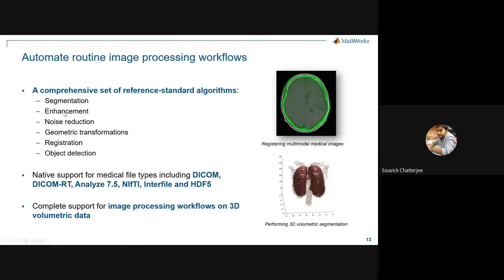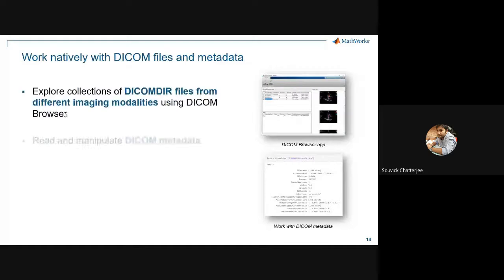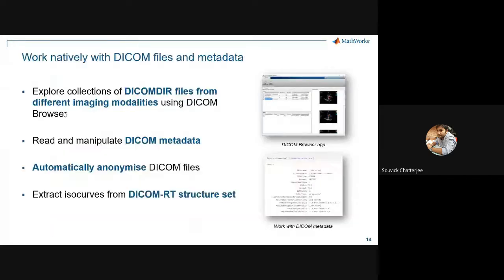of segmentation, enhancement, noise reduction, and registration, will come to that as well. And these are things which you can do on all different types of images. And we'll talk about volumetric data in a bit. Okay, DICOM I'll skip for today, but we will talk about DICOM later, and thanks for that link as well. There are a lot of things you can do on DICOM metadata, and you can do that in an automatic way as well. How to read an image in MATLAB Online, it's exactly the same thing, whatever we are doing here.